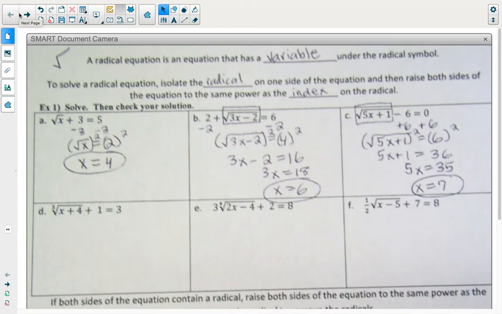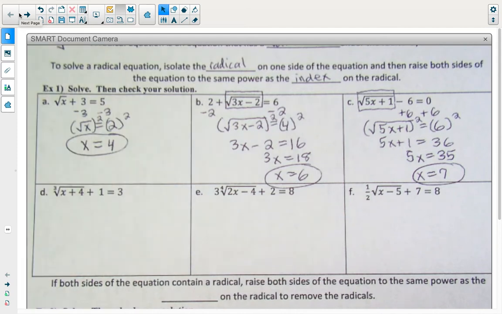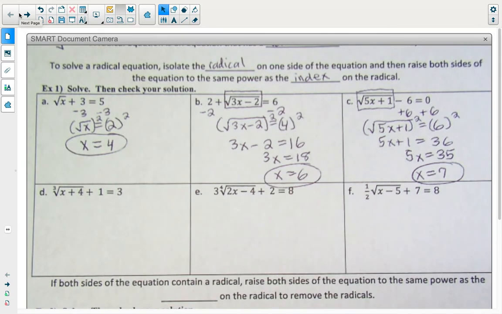So down here at the bottom, those were all square roots. And the little number on the outside, your index, all of my indexes here were 2, 2, and 2. This index is 3 and this index is 4. I still can solve it, but we're not going to be squaring it. We're going to be cubing it or raising it to the 4th power. So for D,